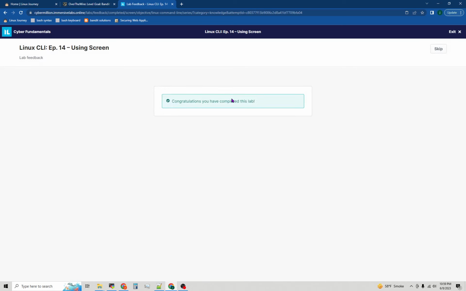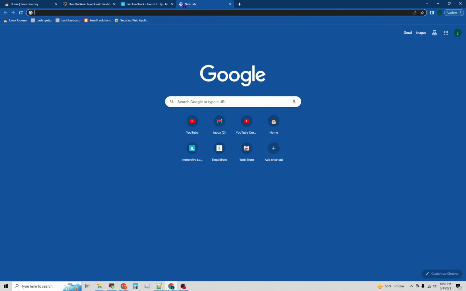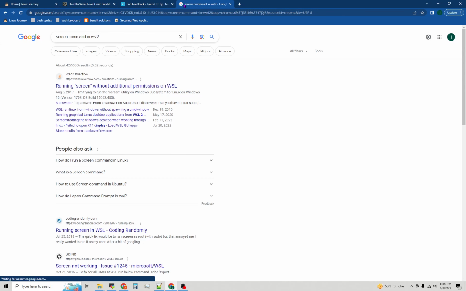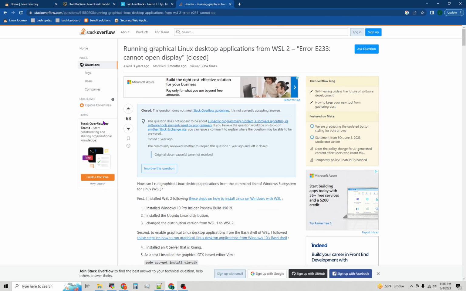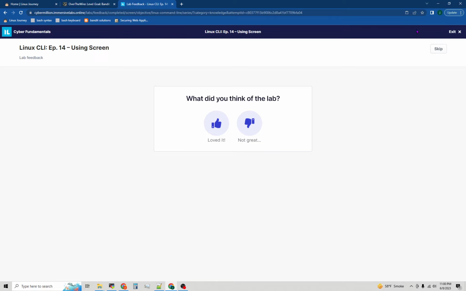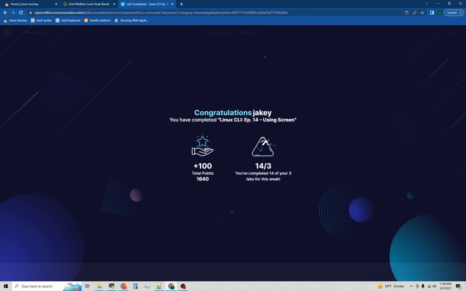I'm going to, I guess, try to use it in the future outside of WSL, but obviously that's not going to work here. Actually, let's check this out. Screen command in WSL2. Running screen with that. Okay, let's see what we got here. Oh, because I guess, I don't know if it's graphical or not. The networking subsystem in WSL2 is different. You must consider the differences. All right, we're not going to get into this. I'll try to figure that out, but